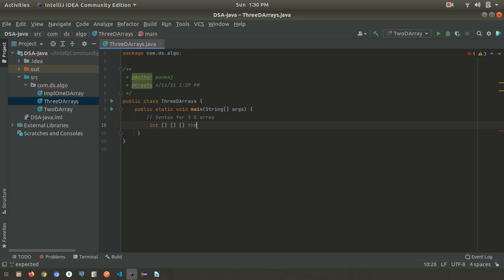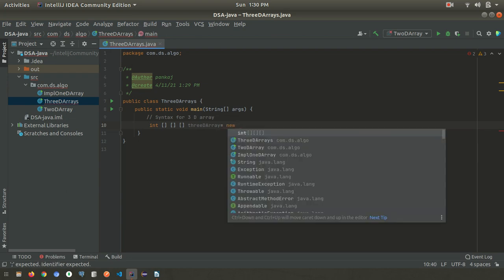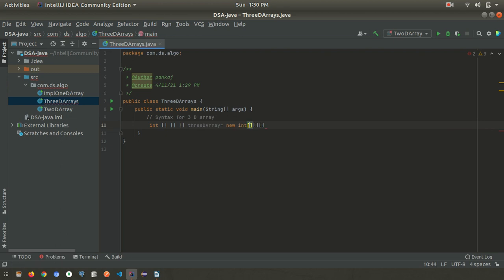So the name of the array is 3D array. Array equal to new, data type, and the size of